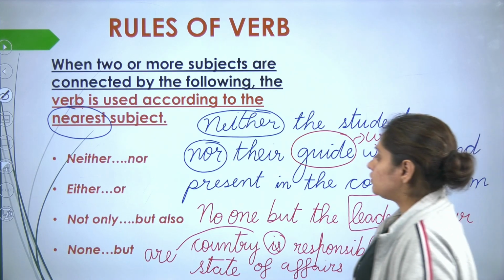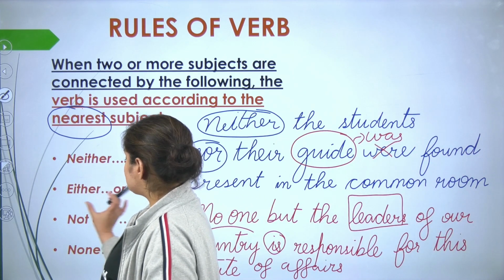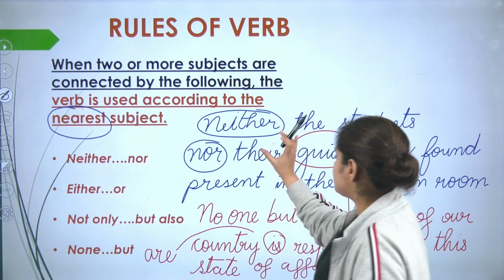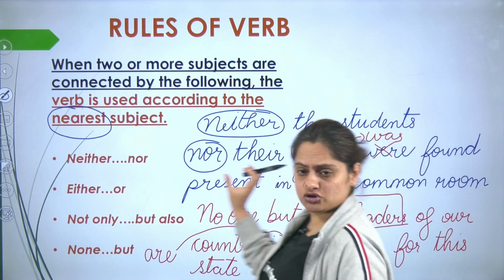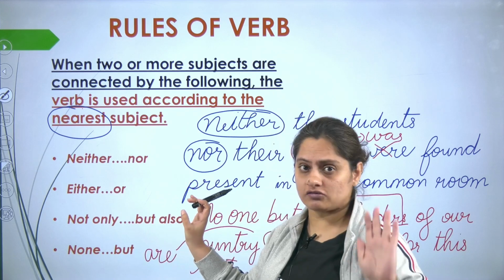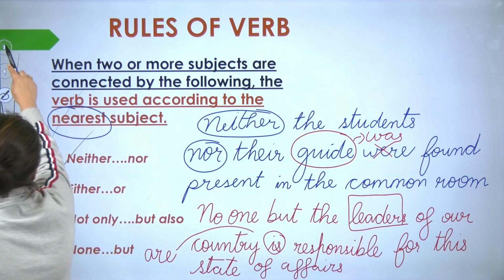Okay. So whenever you talk about these pairings and you are connecting two subjects using these pairings, see what the nearest subject is, and use the verb accordingly. Okay, next one,